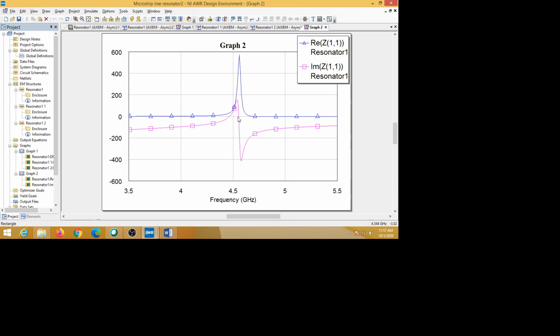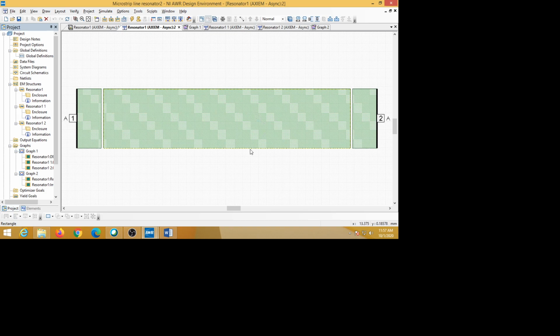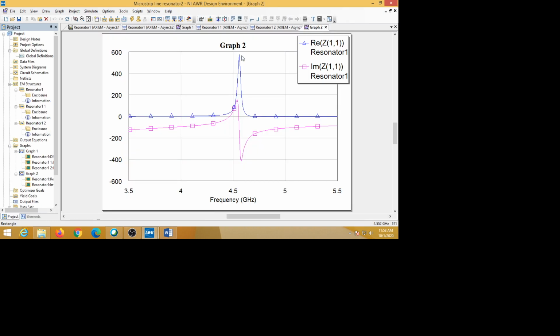So you are getting a zero here. And input impedance is high here. It is because it is equivalent to an open circuited lambda by 2 line resonator. Input impedance is very high at the resonant frequency. From the plot it is high here, around a value near 600. The real part is high, and the imaginary part is 0 here.